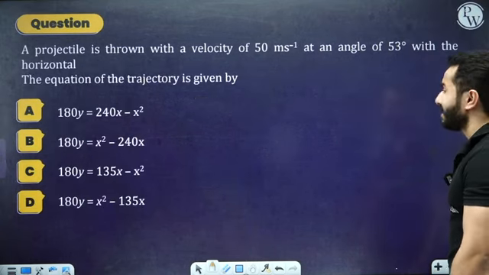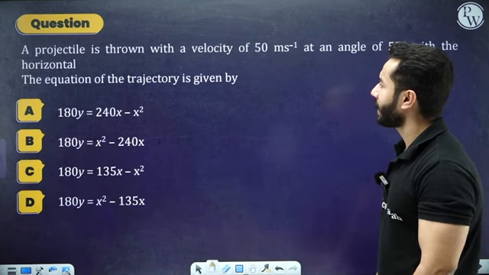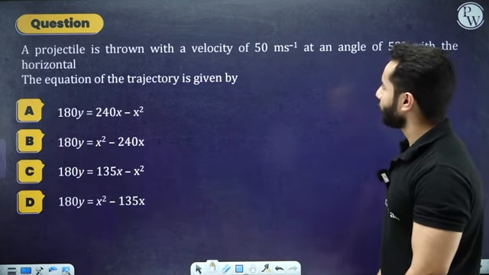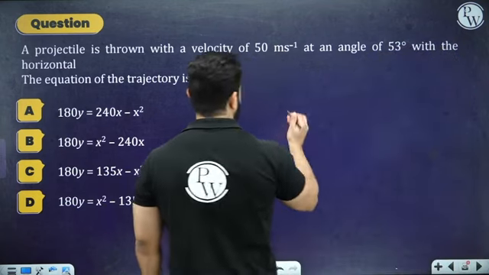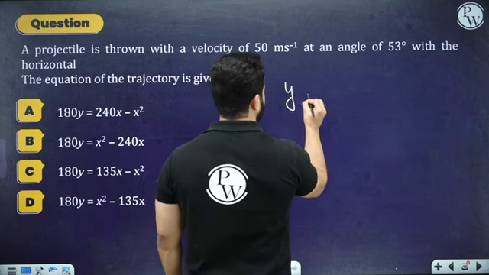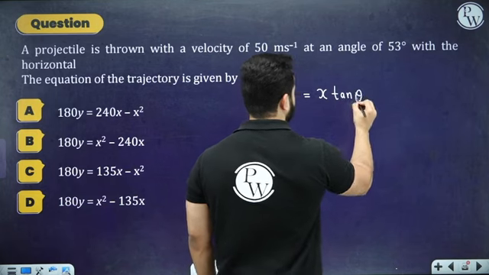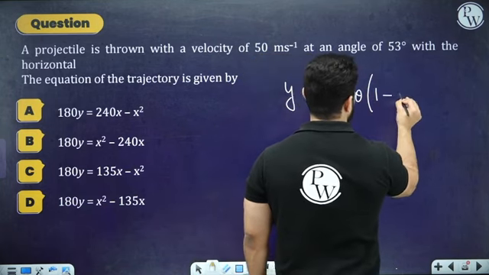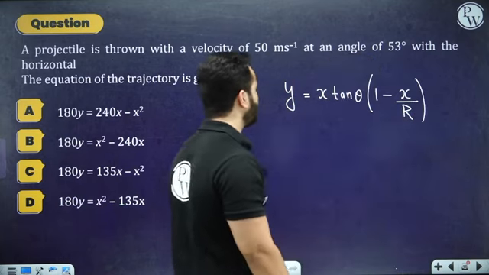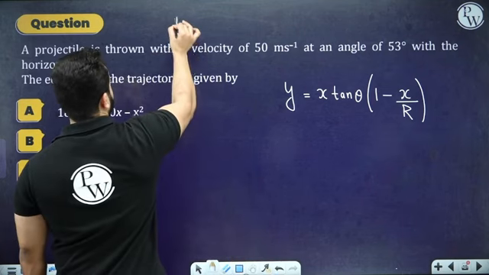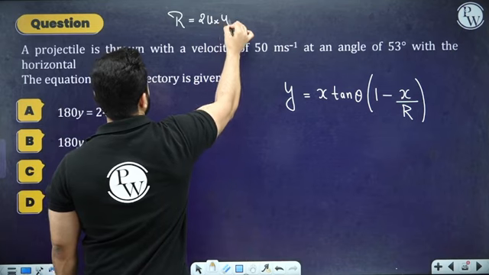Moving on, I think probably the last for this passage type question. Same thing, we have to now find out the equation of trajectory. Do you remember? So equation of trajectory, now I have told you to quickly rewrite the equation of trajectory as y equals x tan theta, we know what tan theta is, times 1 minus x upon R. Do we know what R is? Yes, we know that range is actually 2 ux uy